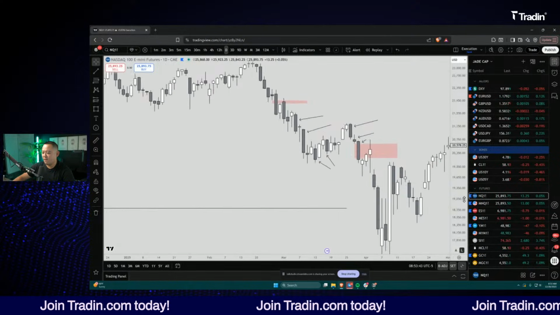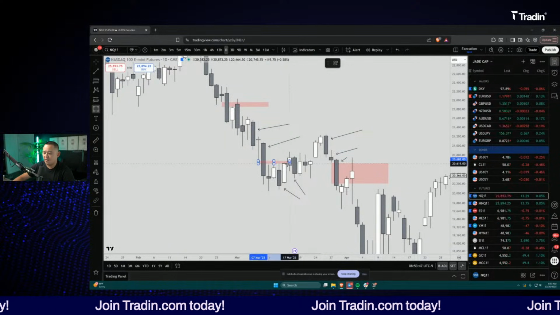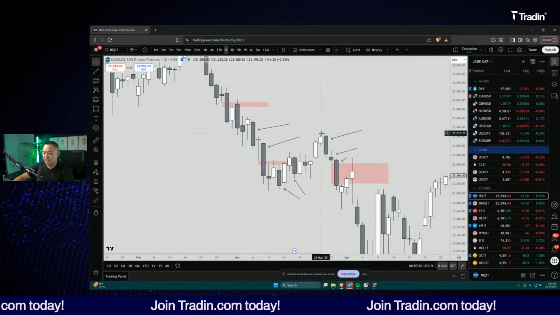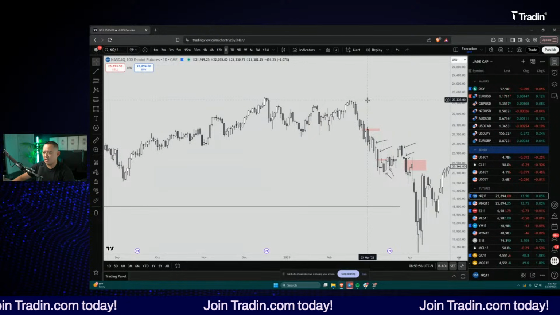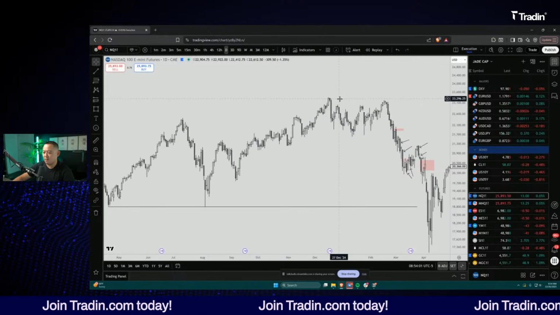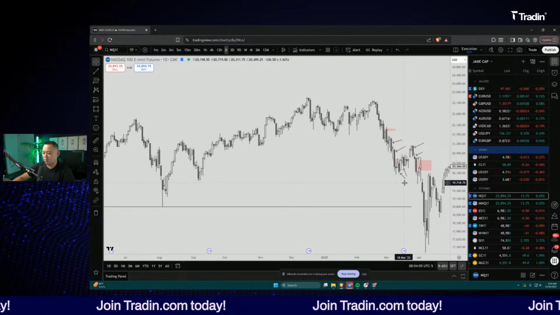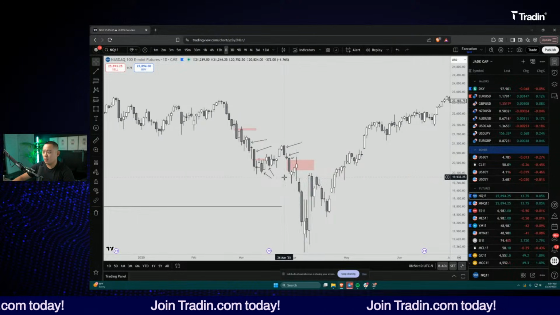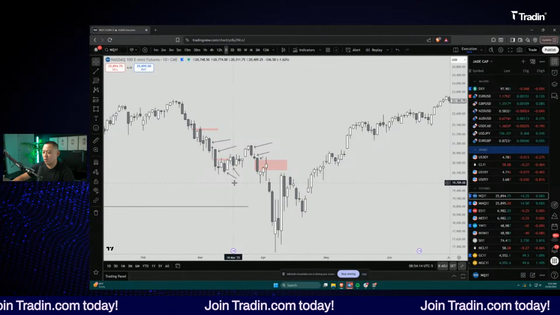So you have to be flexible in your analysis, because not all of your analysis is going to pan out. So let's say you wanted to be bearish from this fair value gap, and then it just drifts higher and higher and higher. Do you all of a sudden flip long and anticipate that we're going to run out these highs now? That's a battle that you guys all have to deal with. And sometimes you are going to miss out on moves. And it's just about aligning yourself again with the next highest probability opportunity, and don't worry about the loss that you just took, because there's going to be more opportunity.